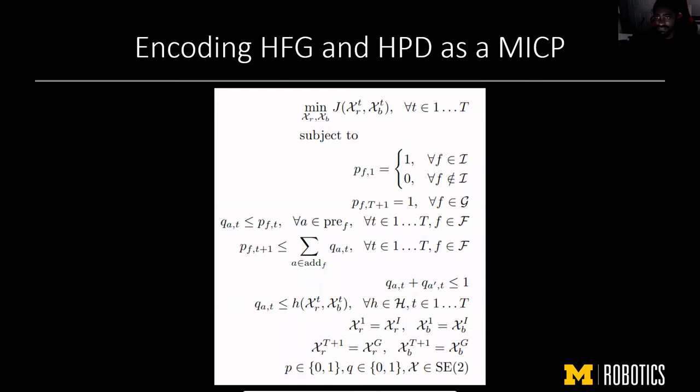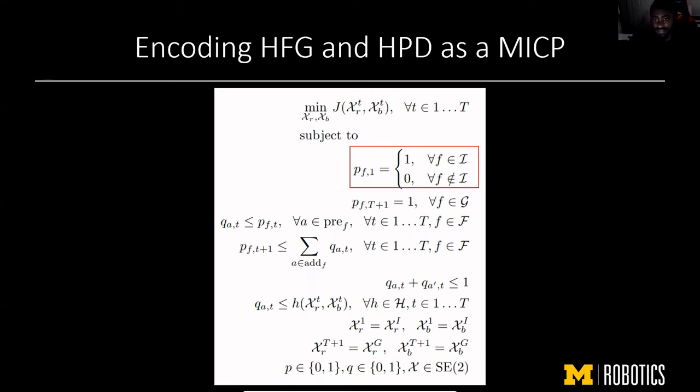So the HFG and the HPD are encoded into a giant MICP, which is shown below. This MICP is made up of an objective to be optimized, and this objective is usually a convex objective. For the Warehouseman problem we consider in the paper, this objective is essentially to minimize the Euclidean distance the robot moves. And this objective is subject to